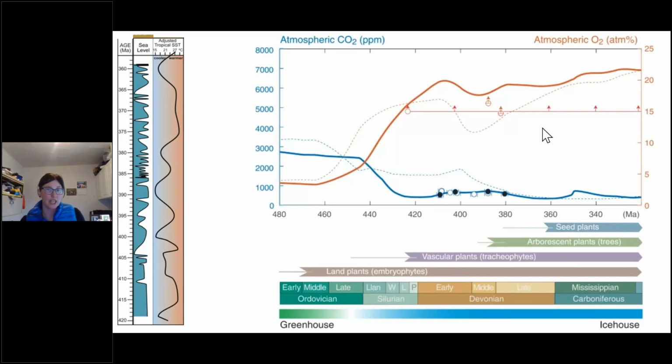Life is really good at massive modifications to the atmosphere, the earth, the waters,